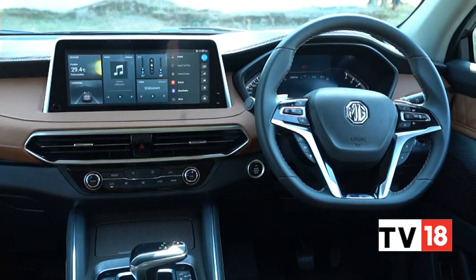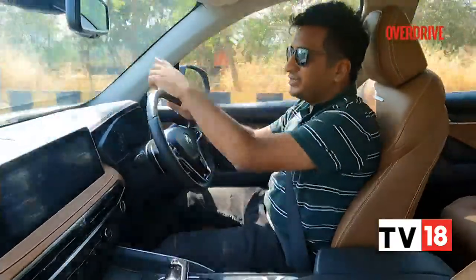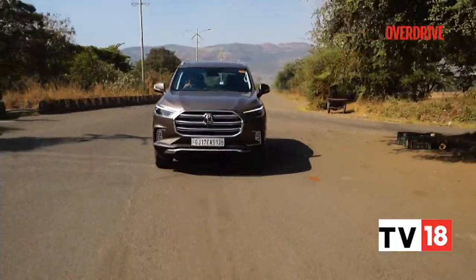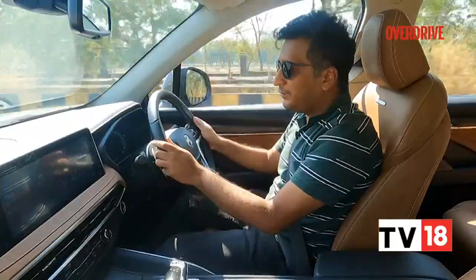The steering is light, which is great in the city actually. And you can see the edges of the car, the pillars aren't too big, the windows are large, so maneuvering in the city is not very difficult. And then when you speed up, you notice that the steering could have weighed up a bit, but what really